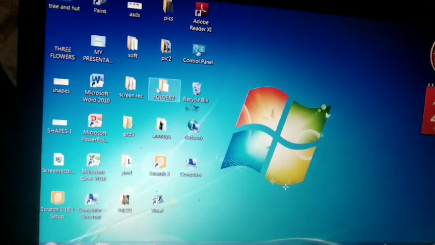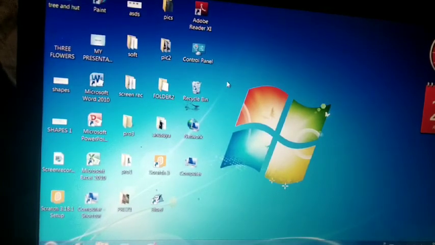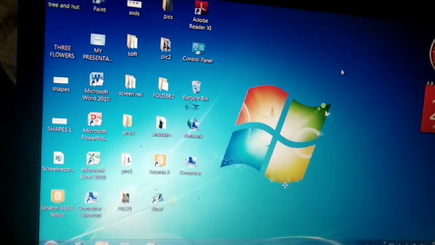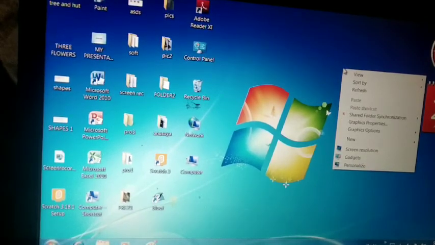Now these icons you can also hide. If you don't want icons on your desktop screen, you can do this. Do a right click again in an empty area. Now go to the View option.